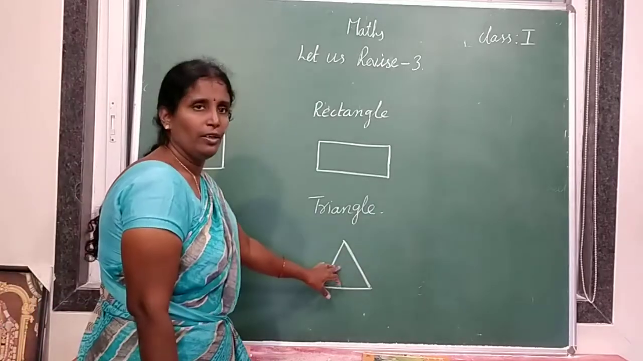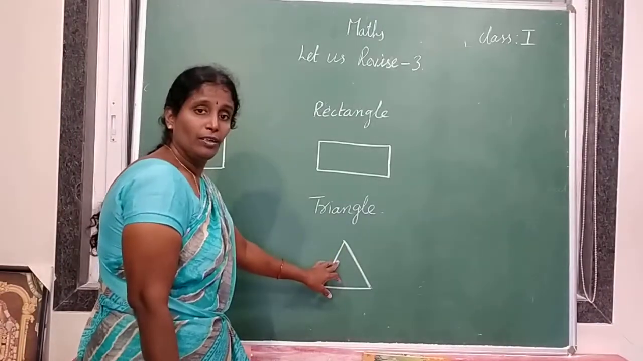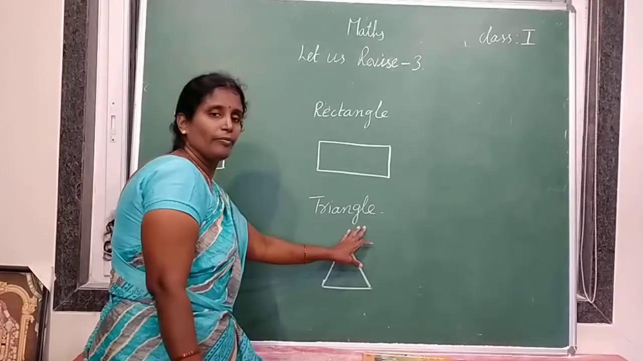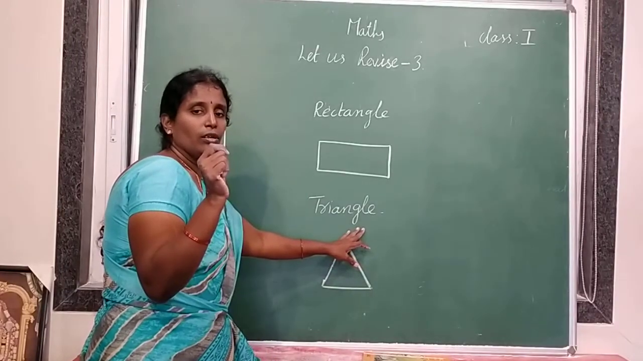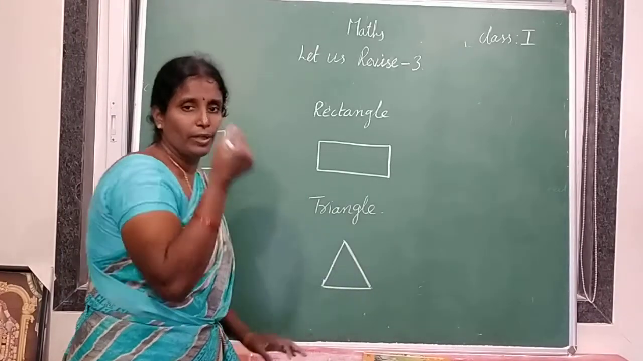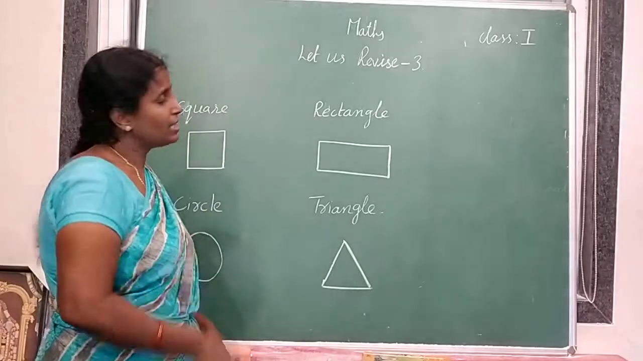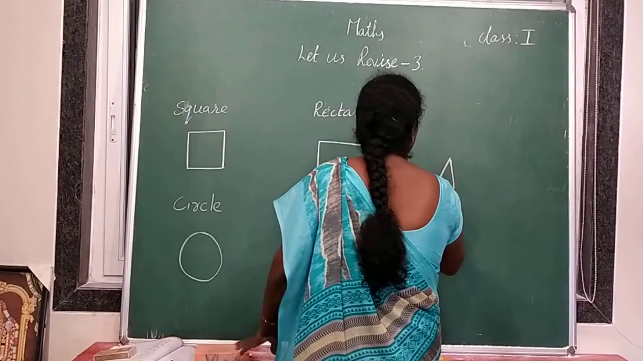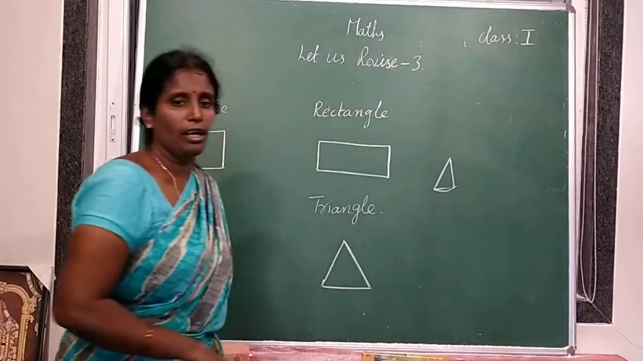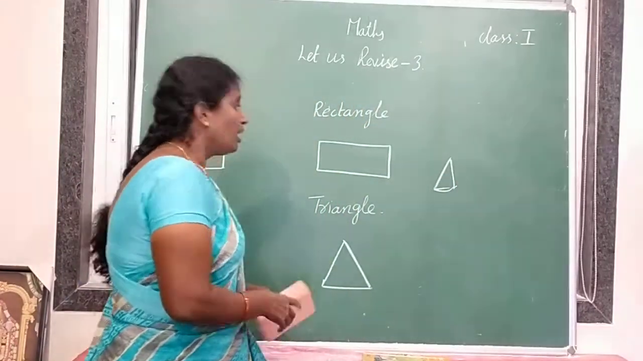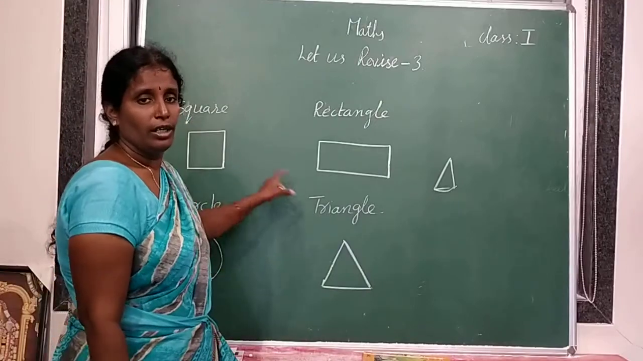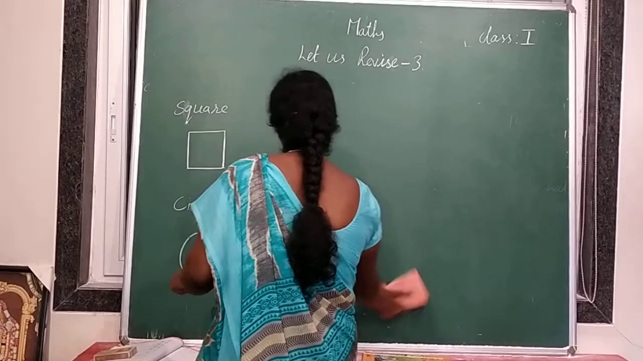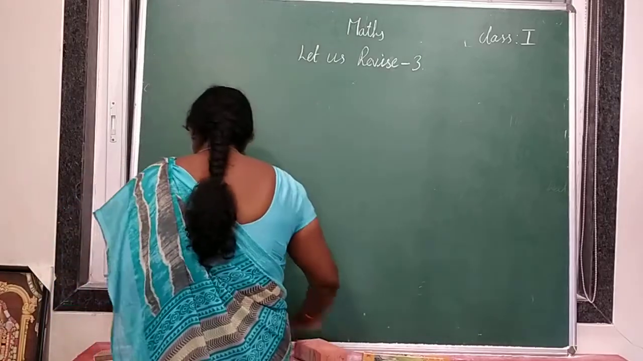Next, triangle. What are the objects in triangular shape? Stickers. Stickers also look like triangle only. Stickers look like triangle shape. Samosa. So these are the examples of triangles. Okay. Now today's homework is